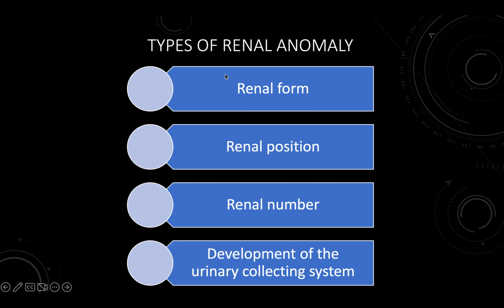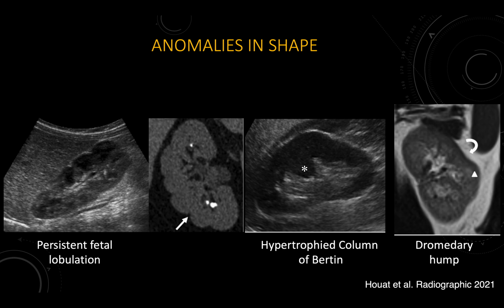So it is based on the renal formation or the morphology of the kidney itself, the renal position, or the renal numbers, whether it's present or not present, and most importantly, and maybe the more common renal anomalies that we are seeing, is the development of the urinary collecting system. So in terms of the shape of the kidney, these are considered